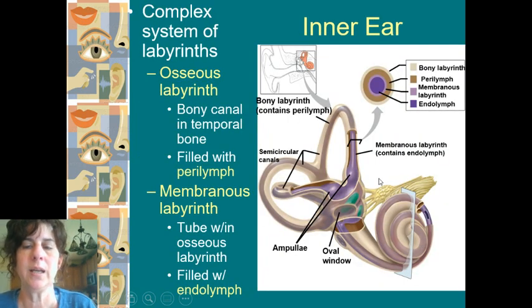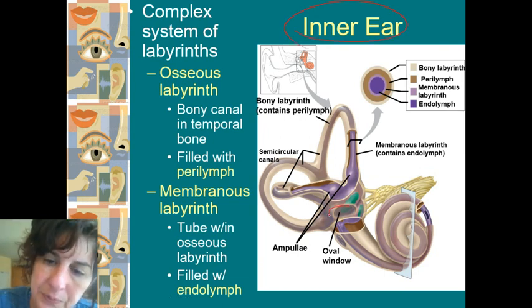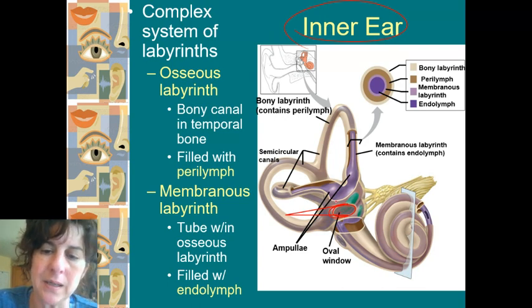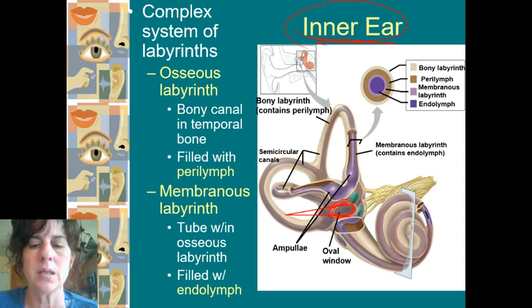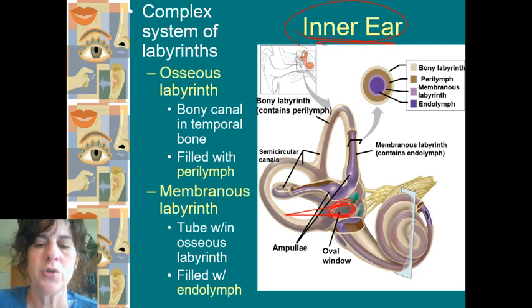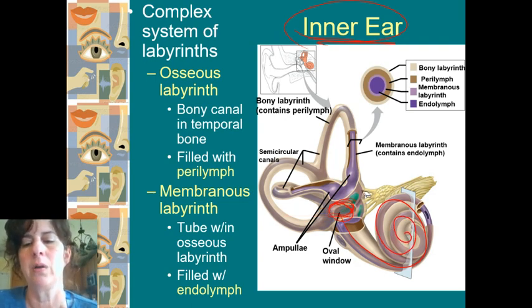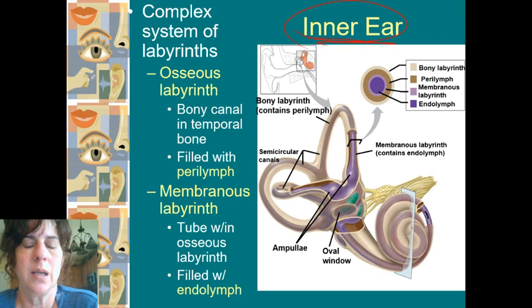All right, moving into the inner ear. So here's my oval window. This is where that stapes is actually coming in contact. The stapes, that last auditory ossicle, comes in contact with my inner ear at that point. And now we're going to transmit that physical vibration to this portion here, and it's going to run along through this little snail shell that's right there. And that's the beginning of the inner ear.